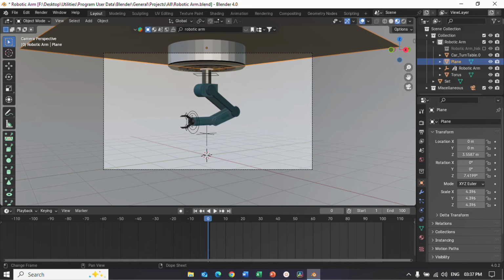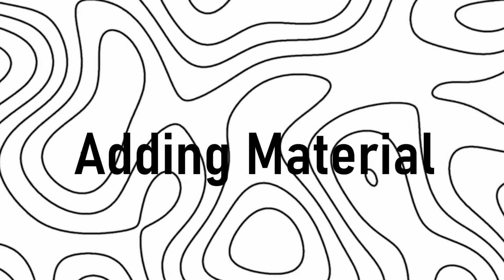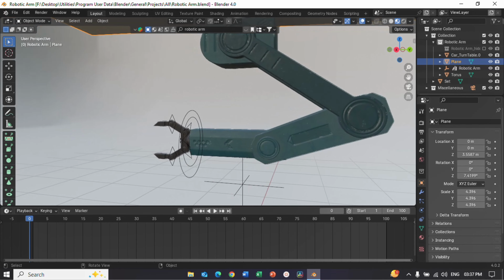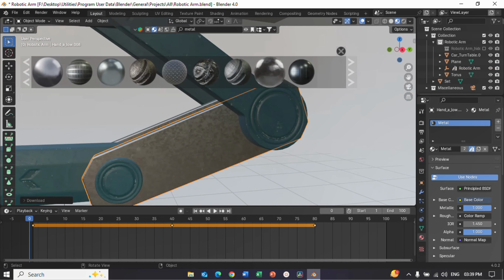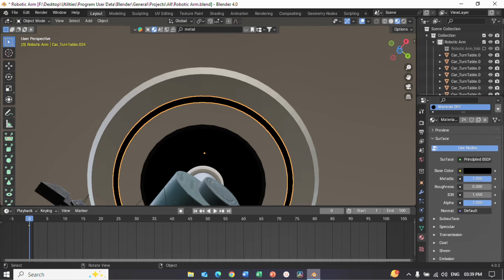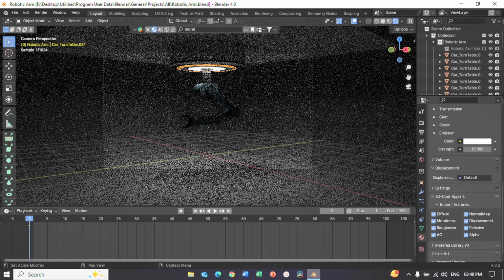Now let's edit the material of every object in our scene. For the material, let's add a different material for this robotic arm certain part. Let's add emission for these rounded pieces. So this is how our scene looks, and now we just need to add in an area like here.